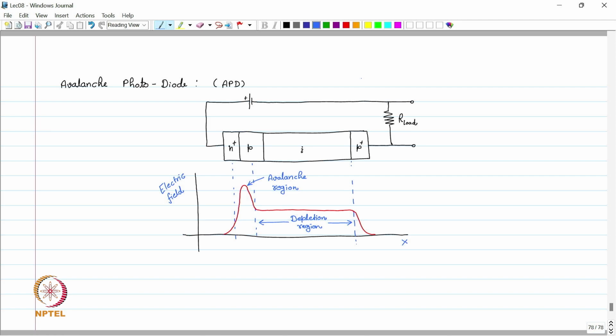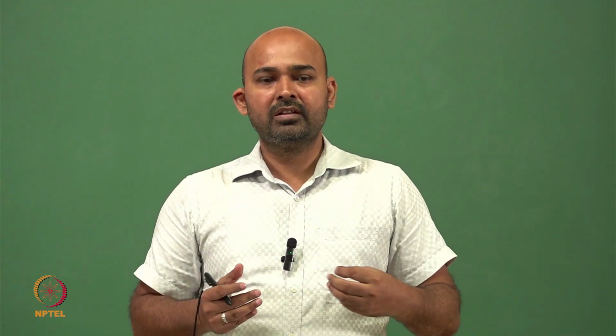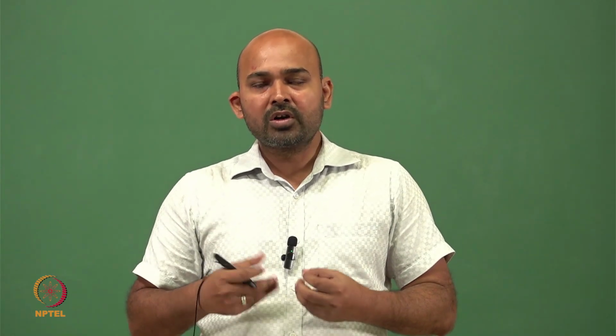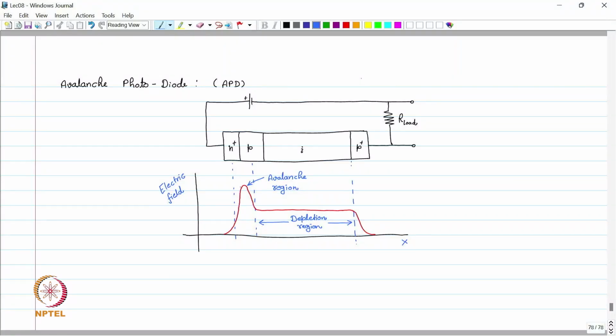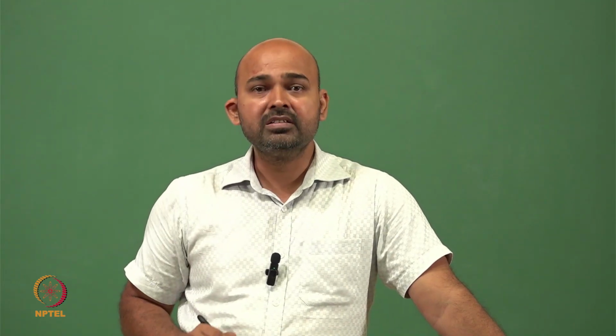And the physics of working of this device is exactly the same, where we have an intrinsic region where a photon will strike and knock down an electron hole pair. Now this electron hole pair will move towards the terminal, where the charge carriers see an avalanche region. Avalanche region is a short region where the electric field is very high, as we can see in this field